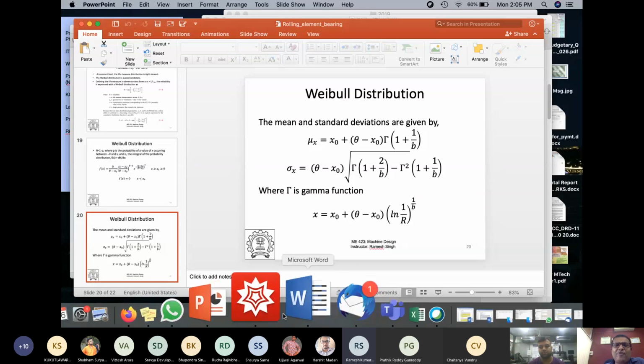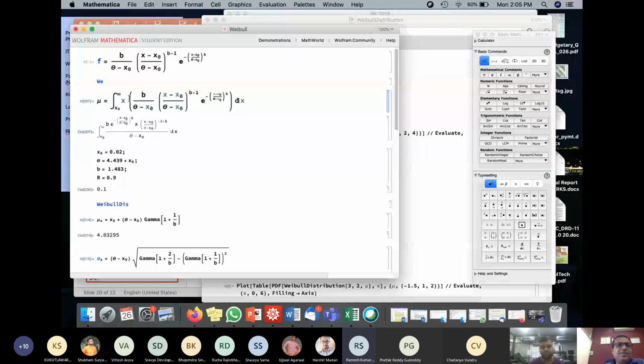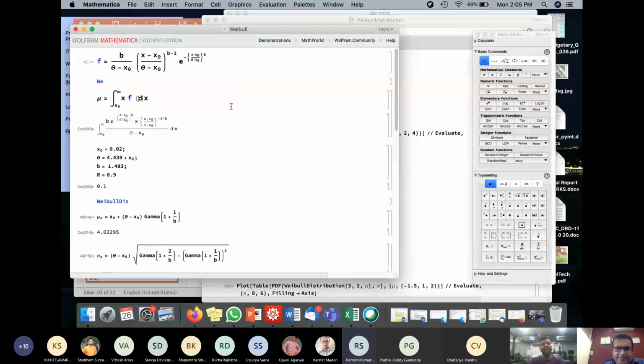Mu is mathematically defined something like this: the integral of x f(x).